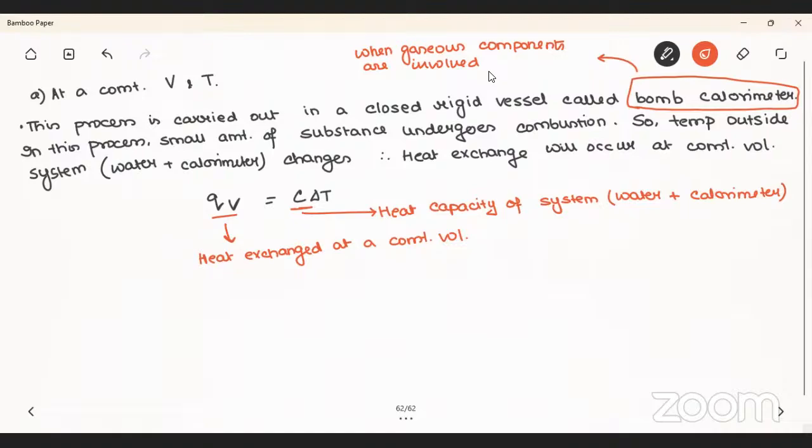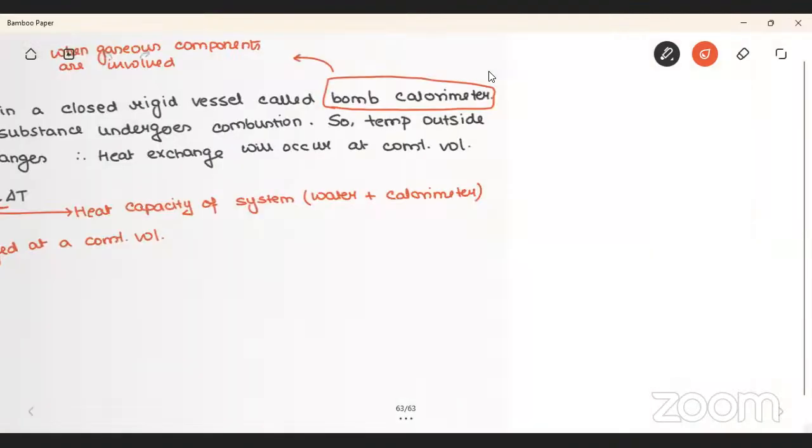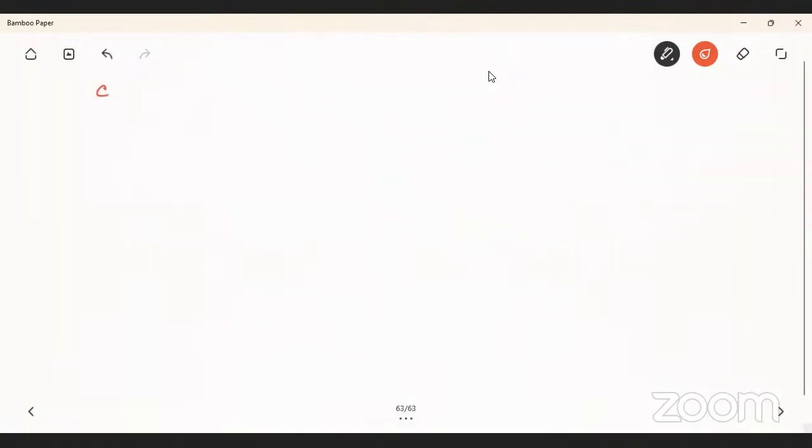Suppose this equation is given: C of solid is carbon, which with oxygen gives you carbon dioxide. I think everyone knows this equation. I hope everyone is well familiar with it. What I can write for this equation is that delta U is equal to minus M by W